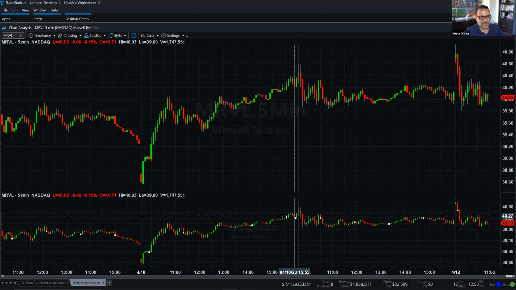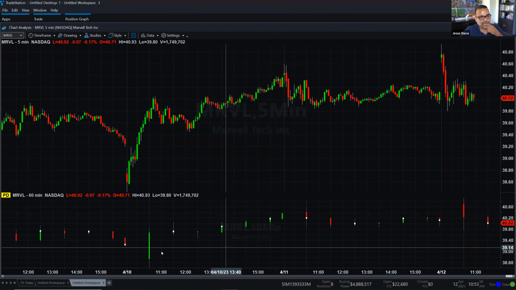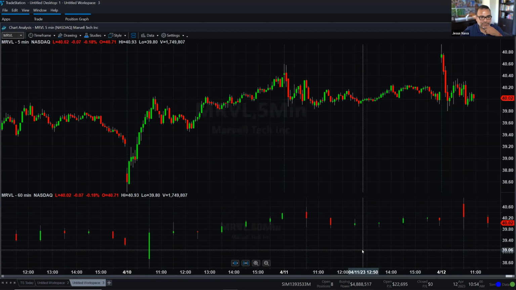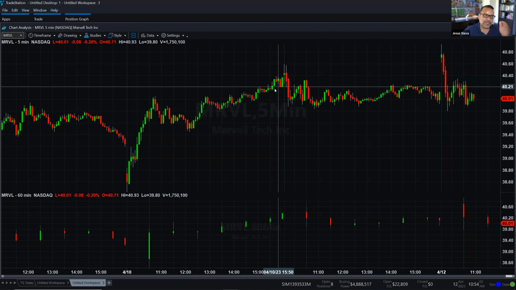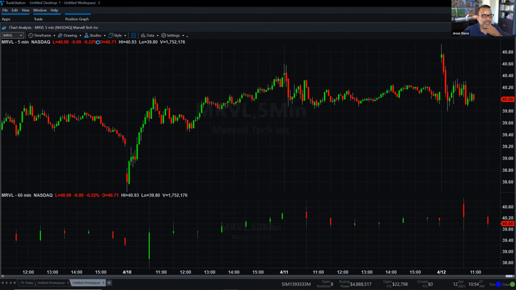And I can take this 5-minute and turn it into a 60-minute. Everybody sees that? You see how the candles change right here at the bottom? Because now it's trying to align the 5-minute with the 60-minute. But now if I choose a moving average,